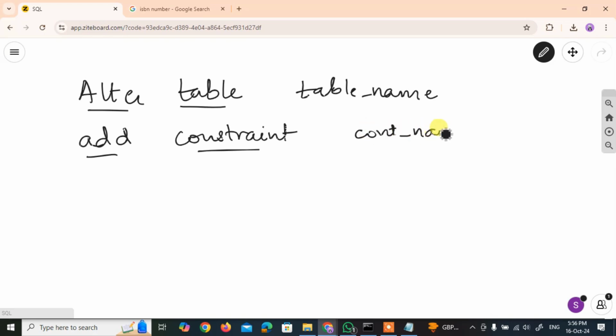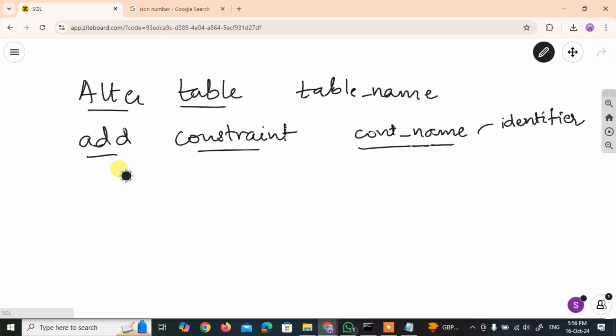Please understand, the constraint name is basically an identifier. It is not the constraint itself. So we are not mentioning primary key or foreign key over here. We are just giving it a name, right? Add constraint, these are keywords.